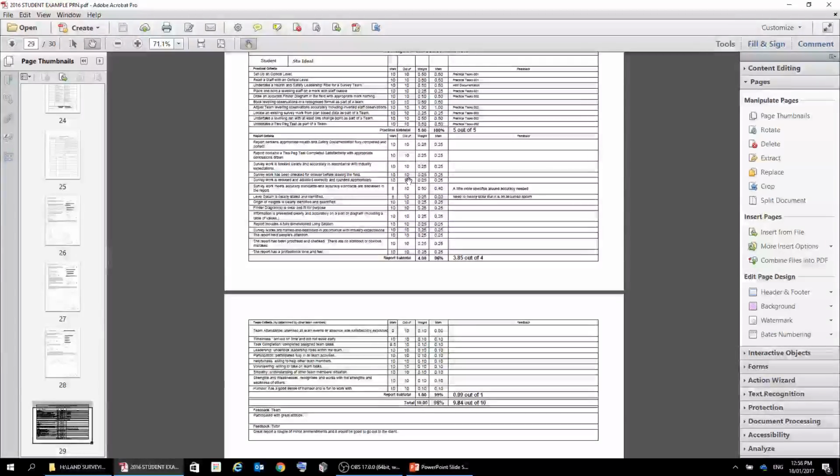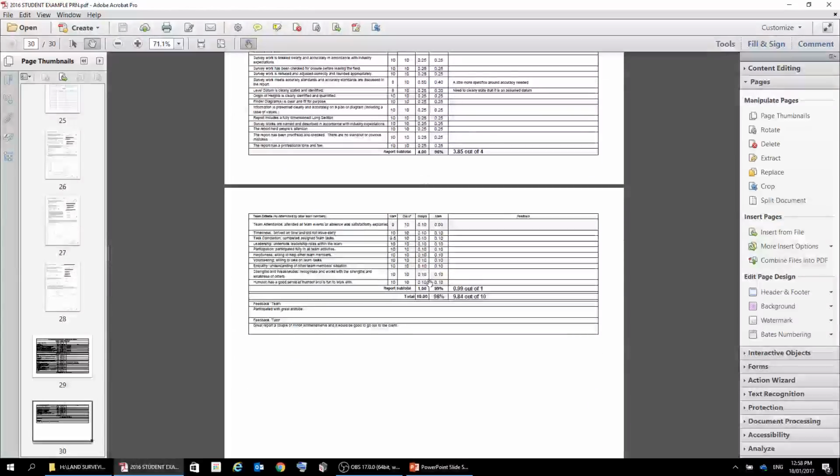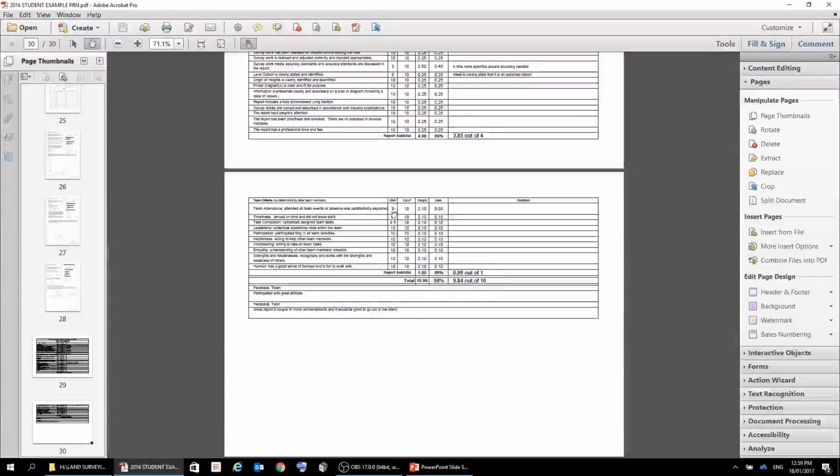I did mention those field notes. They are a little bit incomplete. Perhaps I should have taken maybe a couple of points off for that, but they managed to escape or run through that gauntlet unscathed. And then finally here, these are the team scoring sheets where the points have all been averaged up, and you can see that there's just one team member who thought that this person could